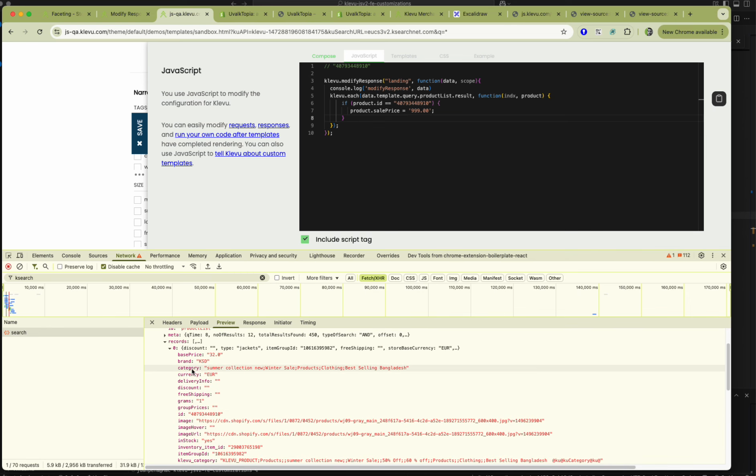I could look through the category and see if there's a particular category on this product, like best-selling Bangladesh, and say something to the effect of if product.category.indexOf and best-selling Bangladesh. I copied a double quote. There we go. So if that is not equal to -1, meaning that it is actually there,